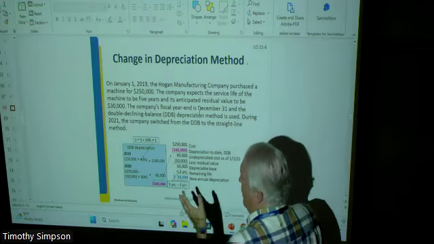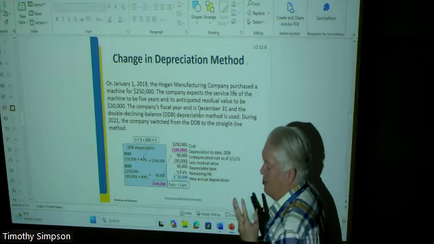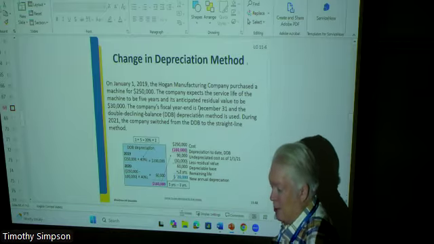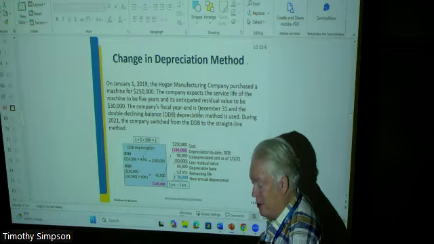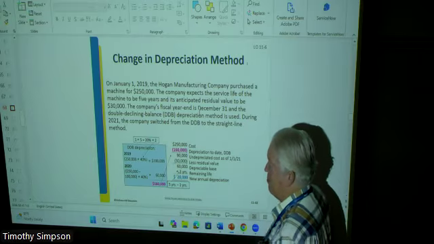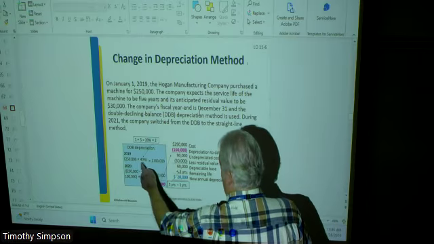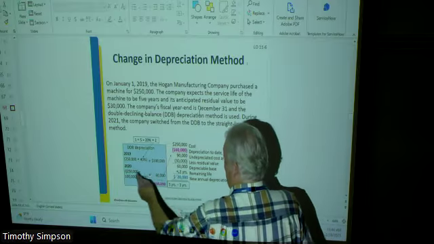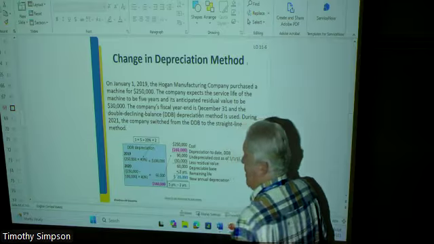So under straight line, remember what double declining balance is? It's twice the straight line depreciation rate. 5-year property would be depreciated 20% per year. We're going to amp it up to 40% per year. So 40% times this is 100,000. That's going to be the first year's depreciation, which we're going to deduct from the book value, because remember,